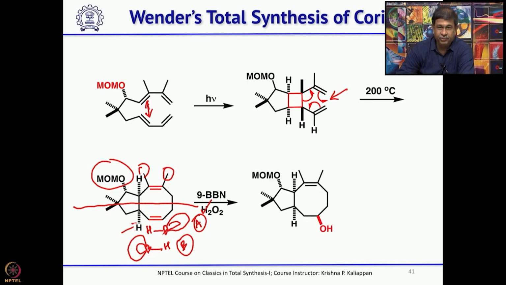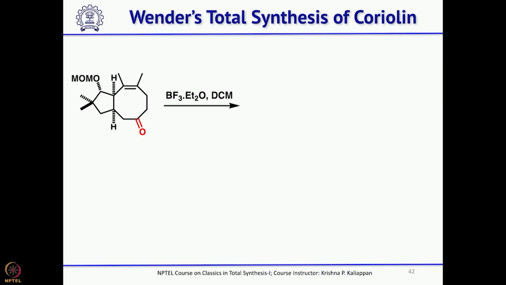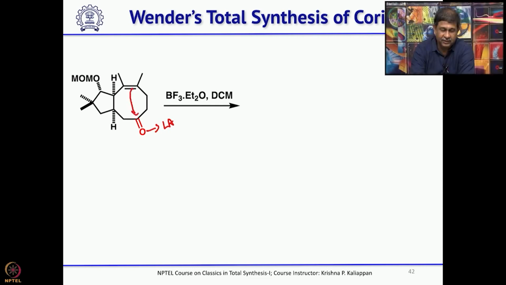Upon hydroboration with 9-BBN and oxidation with hydrogen peroxide, you will get the secondary alcohol, and this secondary alcohol you can oxidize using PDC to get the corresponding ketone. Then you treat with BF3 etherate. What will happen with BF3 etherate? It will coordinate here and this double bond will come,